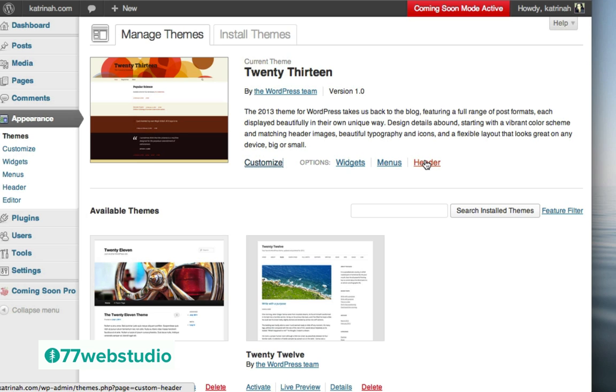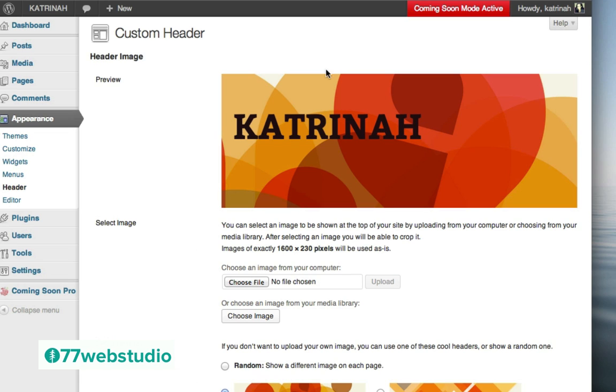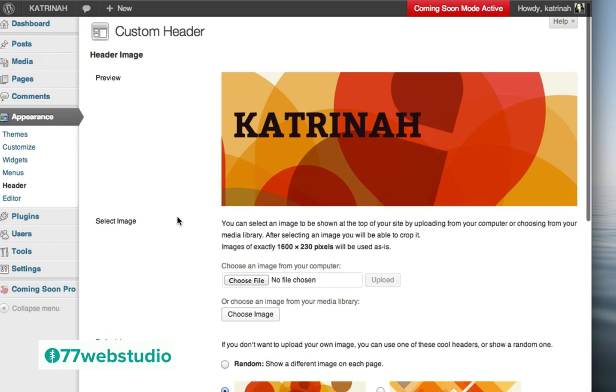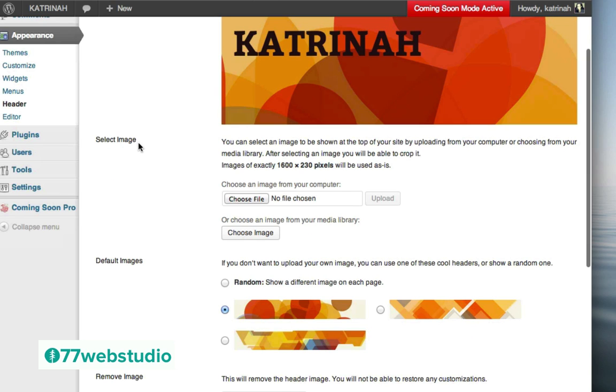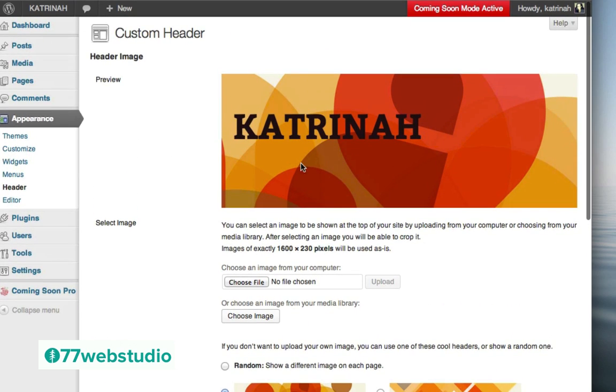When I click on Header right here, we have our custom header page, and as it notes, this is the preview of what we're actually looking at on the site. But you can see here that you can select another image, a custom image, if you prefer not to use this design that comes with the theme. As it says, you can select an image to be shown at the top of your site by uploading from your computer or choosing from your media library.